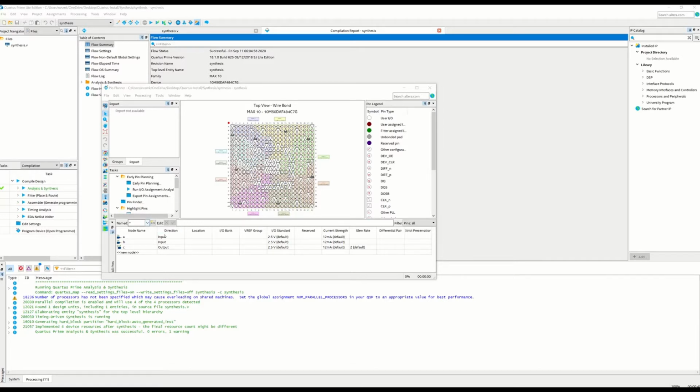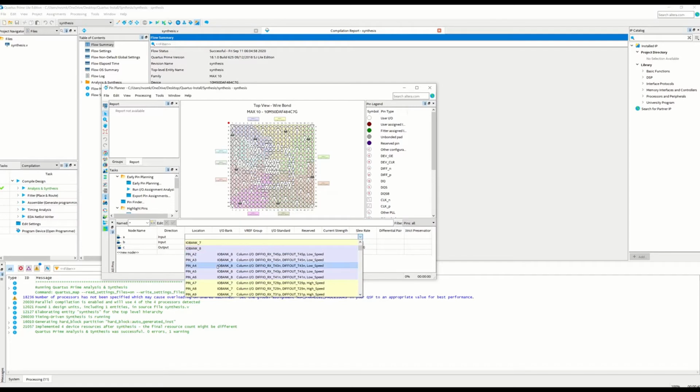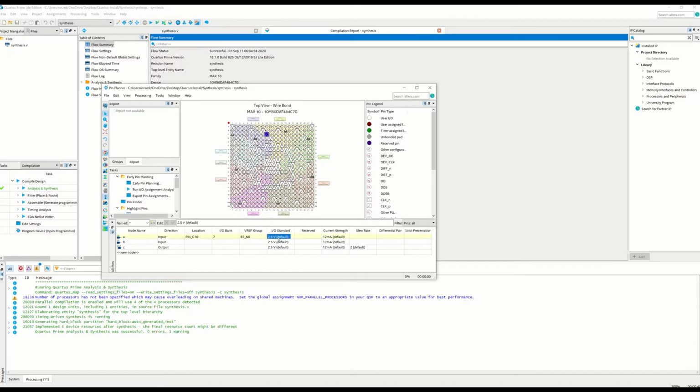So to assign things, let's click on location. If you double click there, you can basically get a drop down menu, and if you scroll through, I want my switch 0 to be A, and that corresponds to C10. So if I scroll further down, if I go to C10, so pin C10 is my switch 0, so I'll just hit that, and I'll change my IO standard to 3.3 volts LVTTL, right?